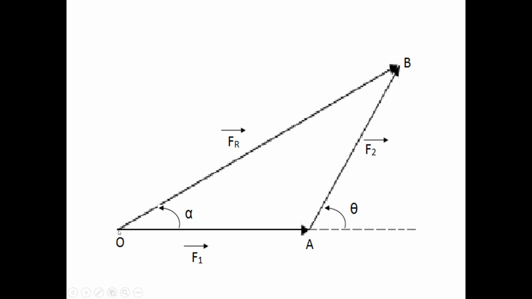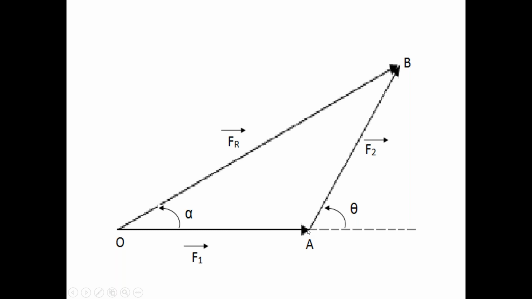On the white paper, select the point O. From point O, draw a straight line such that the straight line is parallel to the direction of the force F1 bar. So please follow this graphical procedure: the triangle law of forces. Select the point O on the white paper. Draw a straight line from point O parallel to the direction of the force F1 bar. On that straight line, select the point A.